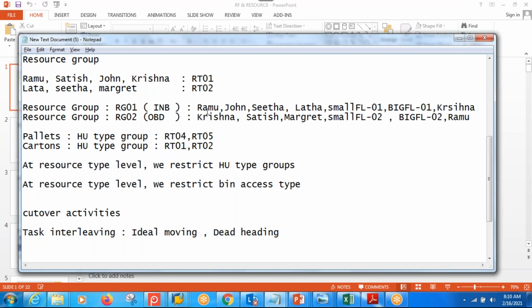For example, Ramu does only inbound, and only 3 times a truck comes, morning, afternoon, evening, for inbound activities, 1 hour each, truck unloading and so on. For the remaining 5 hours, what will he do? I can assign that person to outbound